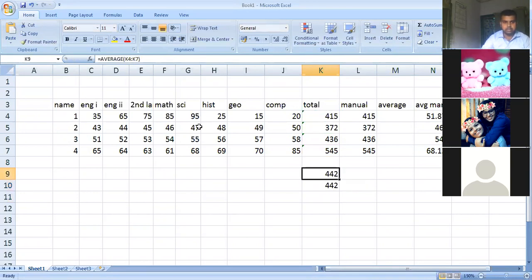If you see the difference, here the average is calculated using the formula. Just follow the direction of my cursor movement. Here the 442 is obtained using the function, and here the 442 is obtained by writing the formula manually. So any mathematical formula can be written using the manual method, as well as there are some functions that are automatically available inside the Excel sheet.